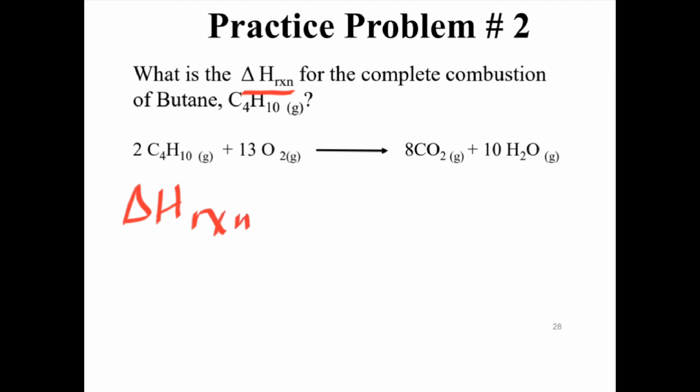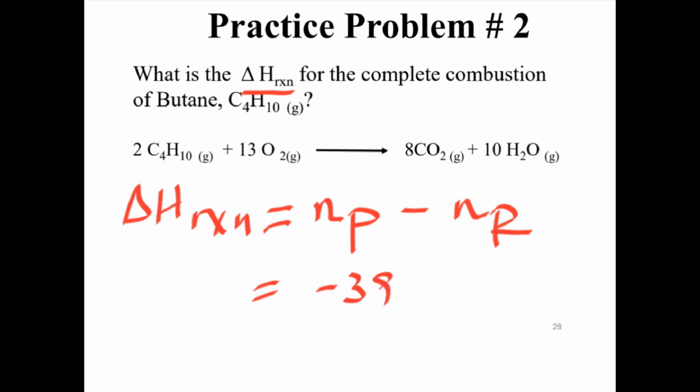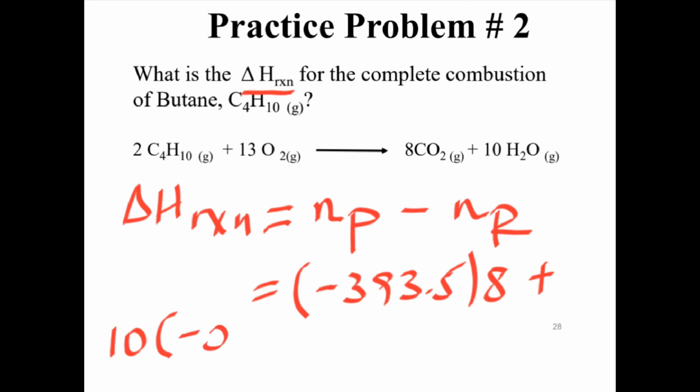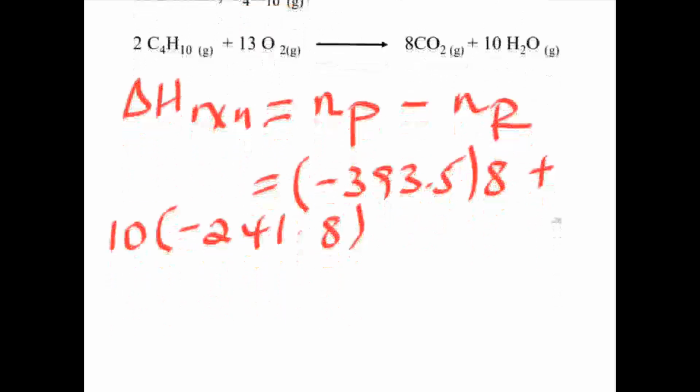Change of enthalpy of the reaction is n times product minus n times reactant, therefore heat of formation of carbon dioxide, heat of formation of water. የቡቴን ያው የኦክሲጅን ያው in its most stable form ስለሆነ 0 ነው ብለናል heat of formation፣ ግን ሌሎቹ ይሰጣቸዋል ማለት ነው። Now የካርቦን ዳይኦክሳይድ heat of formation minus 393.5 ስለሆነ times ስንት ሞላለን 8 ሲደመር 10 times heat of formation of water is negative 241.88 ስለዚህ ኪሎ ጁል ፐር ሞል የሚለውን ለጊዜው ልተዋለሁ ማለት ነው